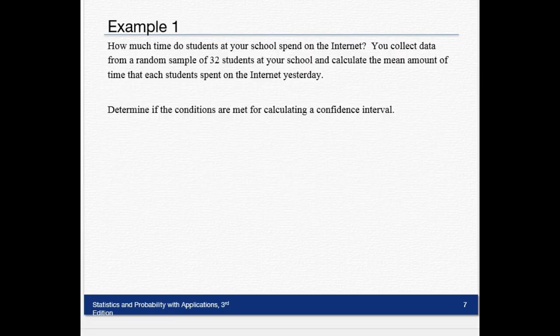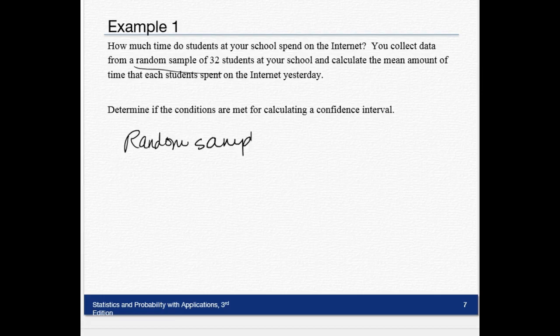So number 1, how much time do students at your school spend on the internet? You collect data from a random sample of 32 students at your school, and you calculate the mean amount of time that each student spends on the internet every day. So this question just says, determine if the conditions are met for calculating a confidence interval, right? So the first condition, remember, is it random? It says a random sample of 32, so we can say random sample,